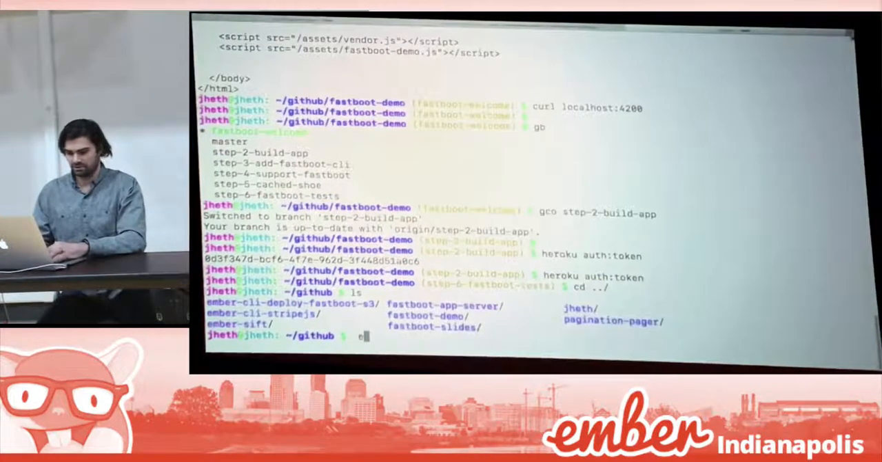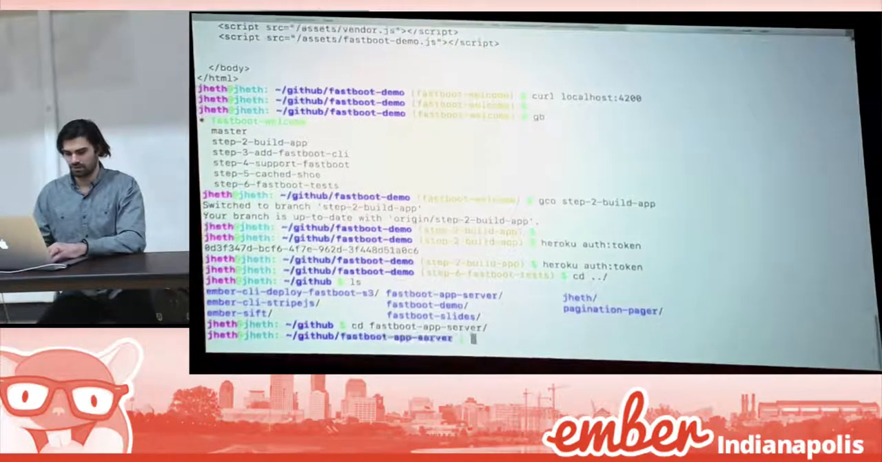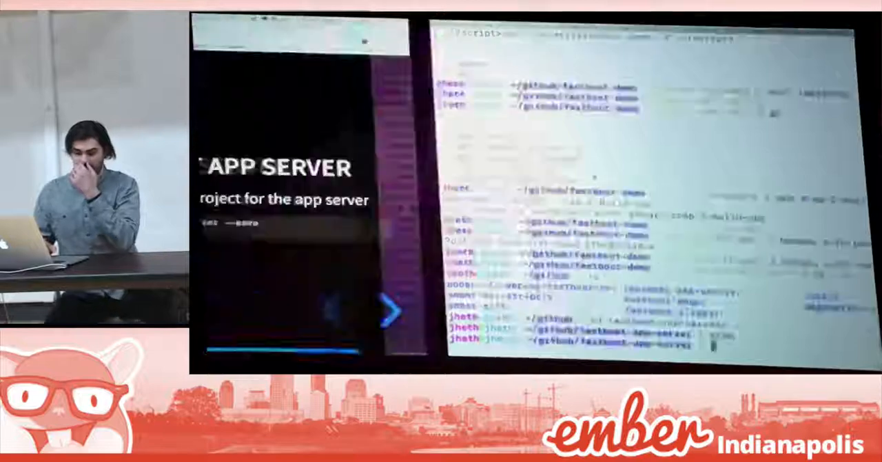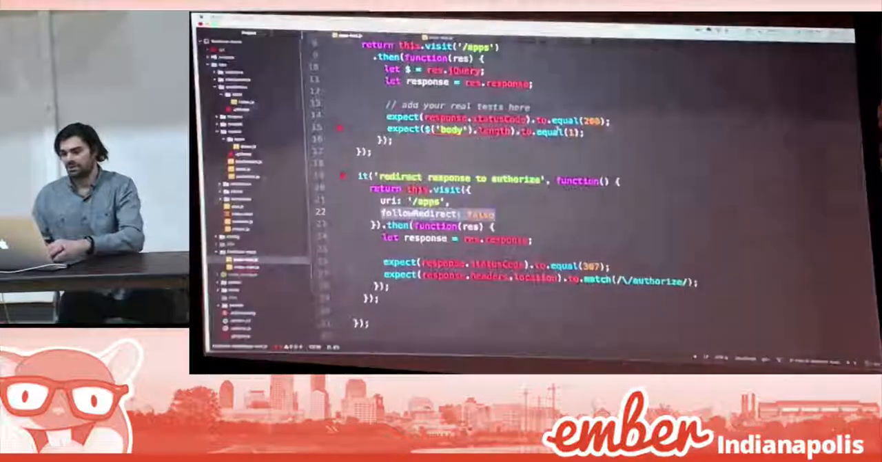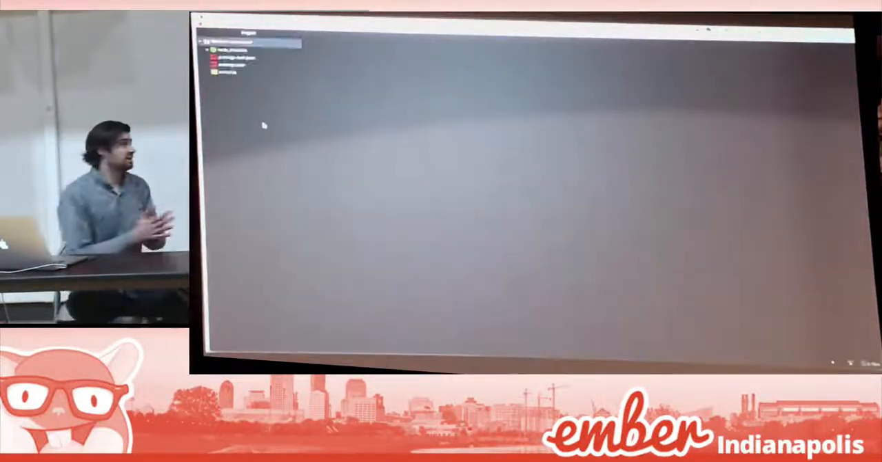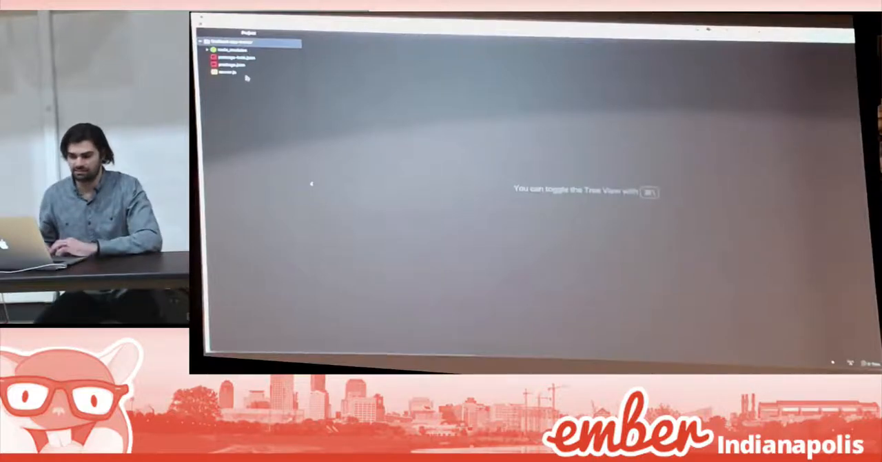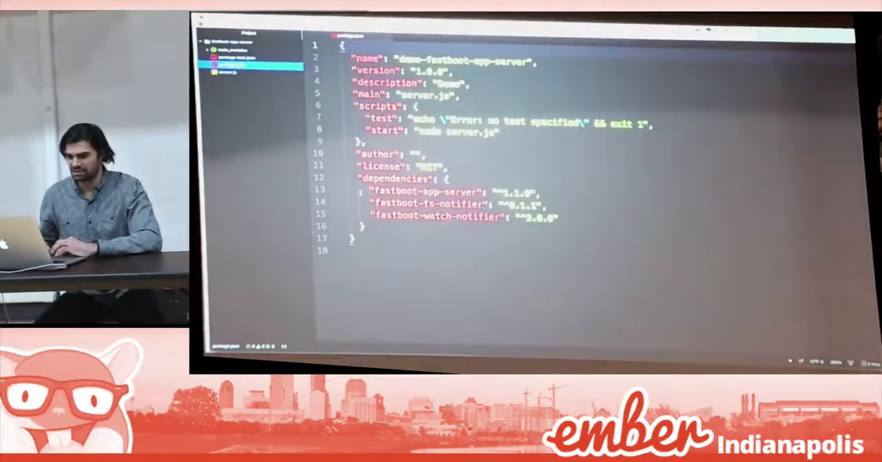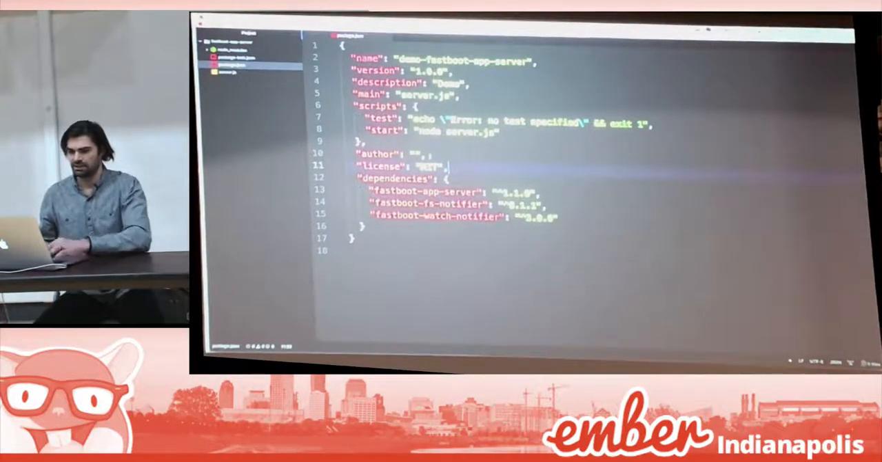We'll open this up. So this project here has a single server.js. The package.json is pretty small. It has an app server, and then we'll talk about these other two guys here in a second. I think I'm on a different branch, but